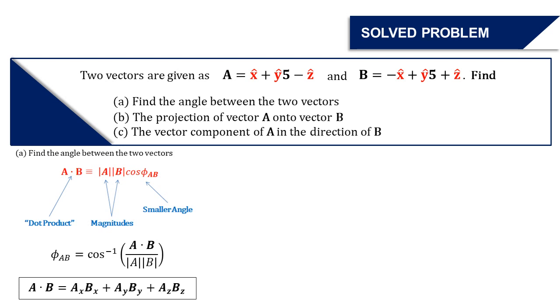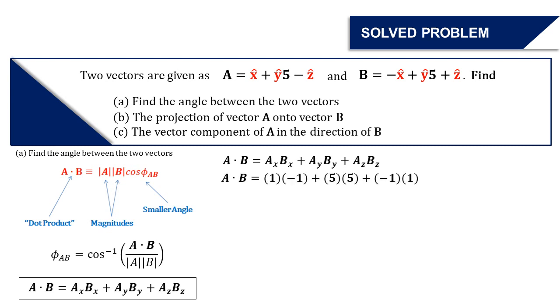Okay? Kaya naman, gagamitin natin to, then we'll substitute yung mga coefficients ng dalawang vectors. So sa A, ganito yan. 1. So dahil yung coefficient ng x is 1, so 1 na yan. Sa B naman, negative 1